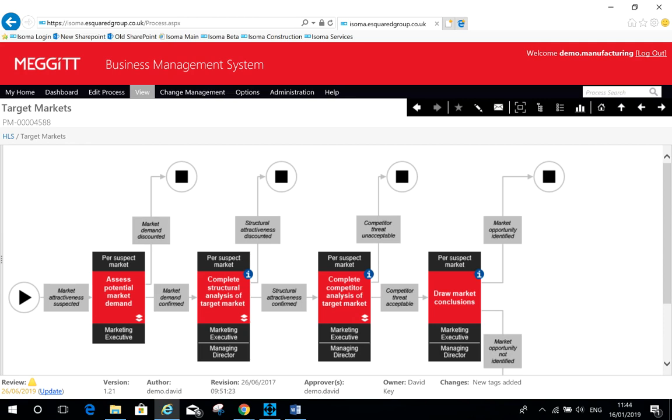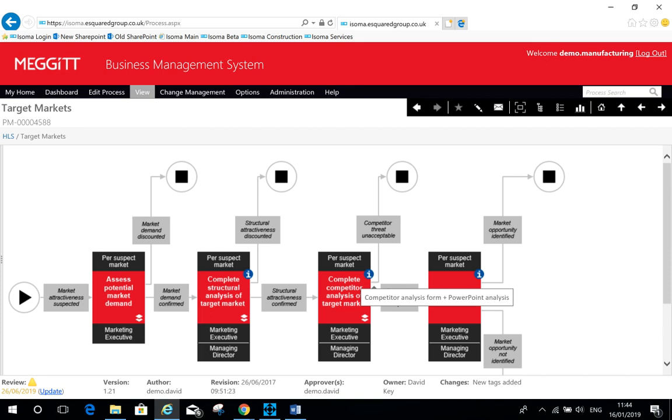Information is coming into an activity called assess potential market demand, and then it's flowing through to give a result. In every case, with every activity, it is written in plain English, so it's showing a verb and noun description with a resource. In this case, for the first one, a marketing executive. We might have multiple resources as in the second activity, and there are then constraints or controls which might restrict the activity. We can also look at hints and tips for everything, and we can break the thing down into